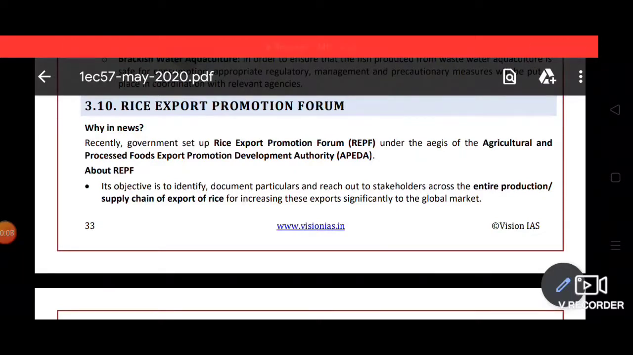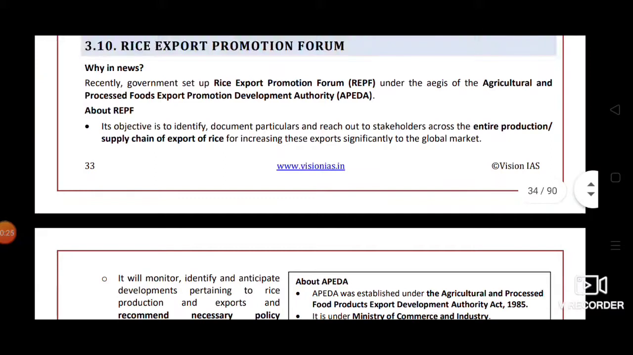Recently, government set up Rice Export Promotion Forum under the aegis of Agricultural and Processed Food Export Promotion Development Authority, or the APEDA. About the Rice Export Promotion Forum. Its objective is to identify, document particulars, and reach out to stakeholders across entire production supply chain of export of rice for increasing these exports significantly to the global market. So the APEDA, that is Agriculture and Processed Food Exports Promotion Development Authority, they have started this forum, that is a Rice Export Promotion Forum, and the Rice Export Promotion Forum is to increase the production supply chain and increase